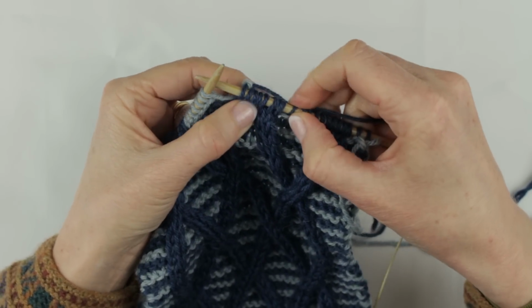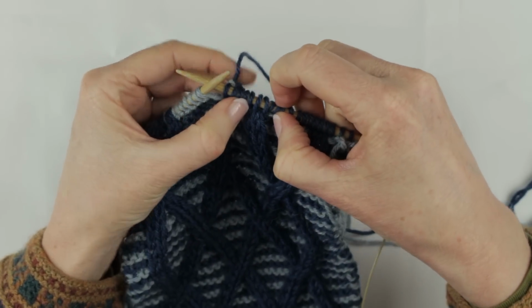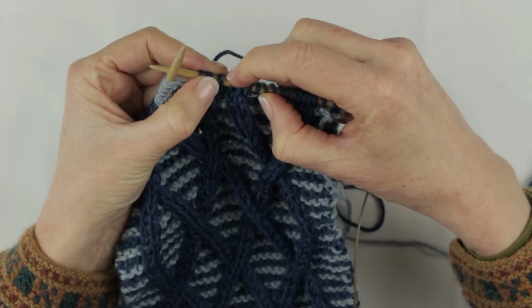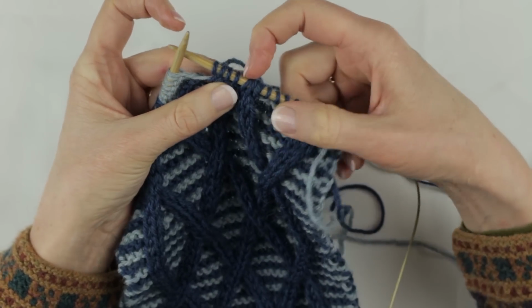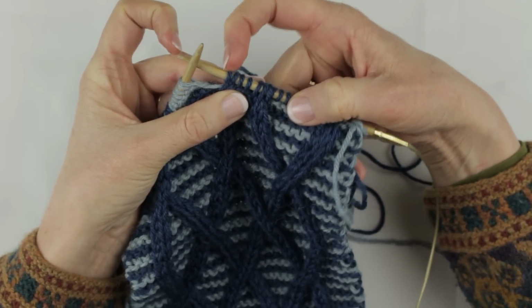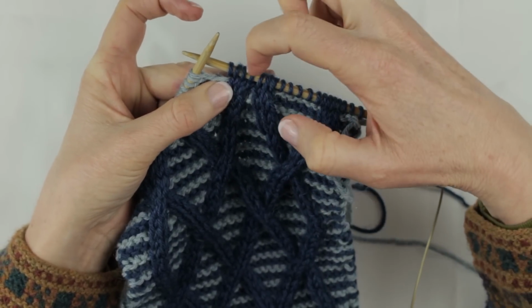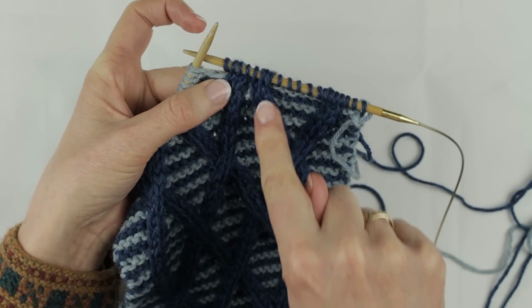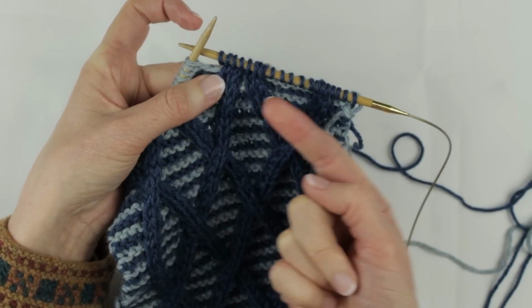So if we go back and have a look, we've got our first panel of 3 cabled stitches, and we just slipped those onto the needle. They haven't been knitted yet. And then we took our middle contrast stitch and we manoeuvred it to be the other side of this panel of 3 stitches. And we've knitted all of those 4 stitches. So now we're up to moving these 3 stitches, which haven't yet been knitted, over the top at the front